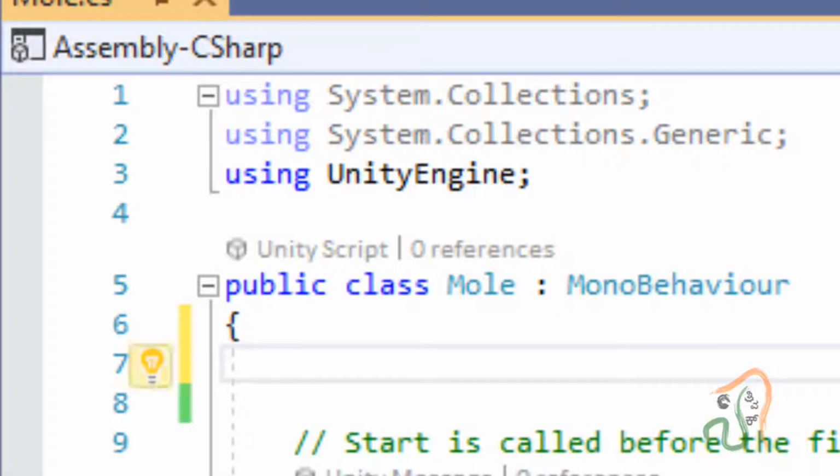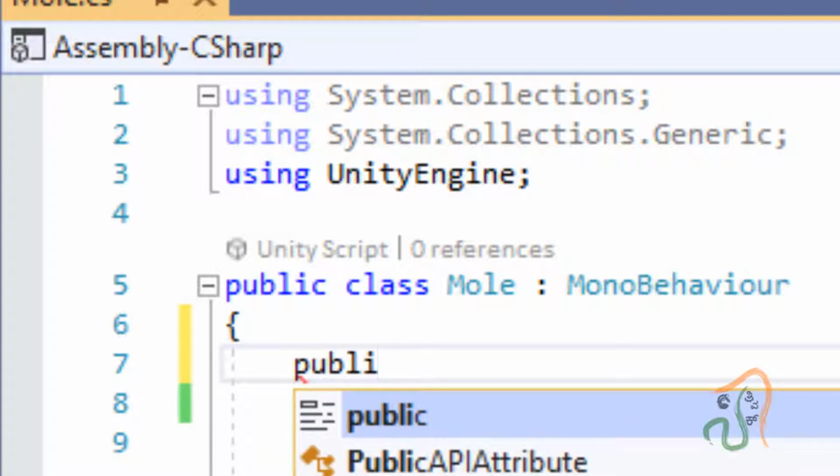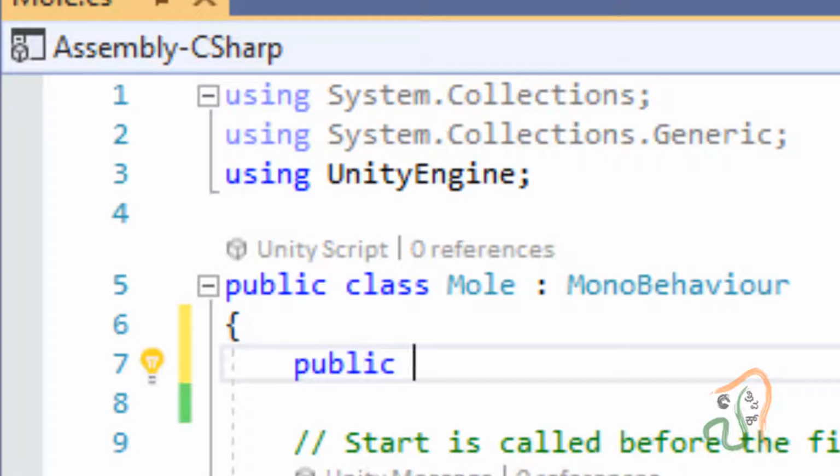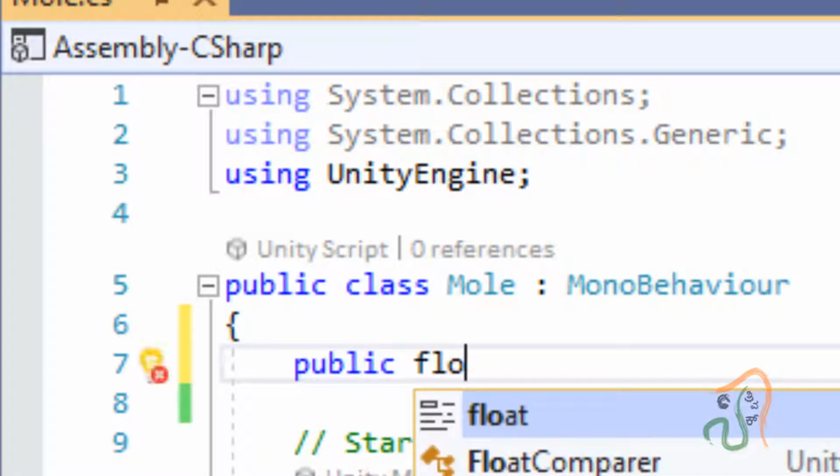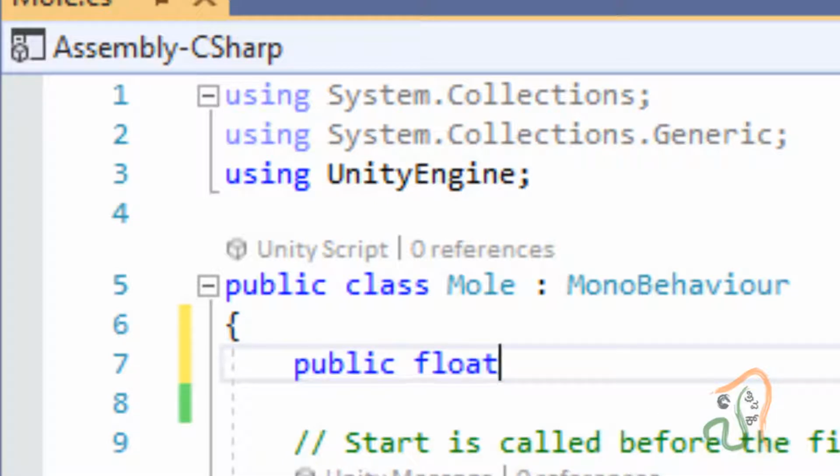The first variable is public, of type float, a decimal variable, and we will call it visibleHeight.